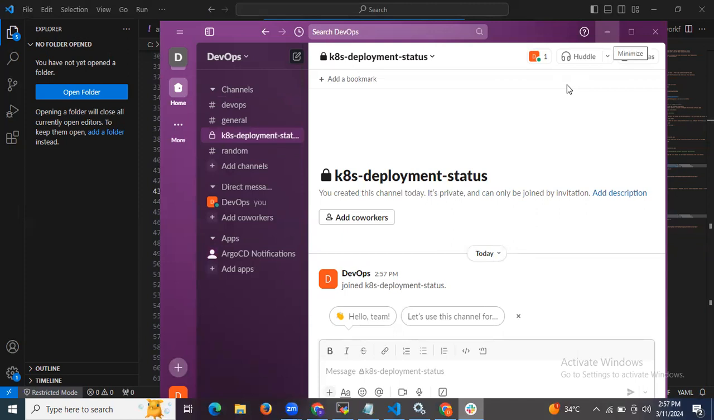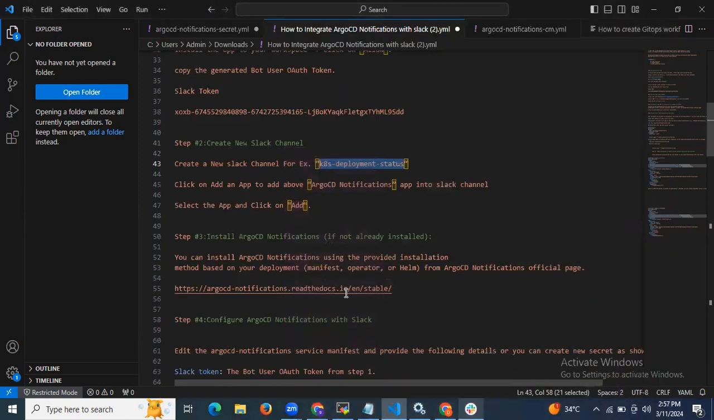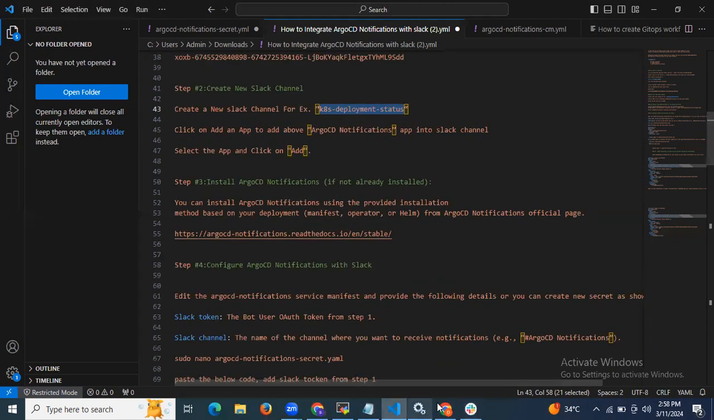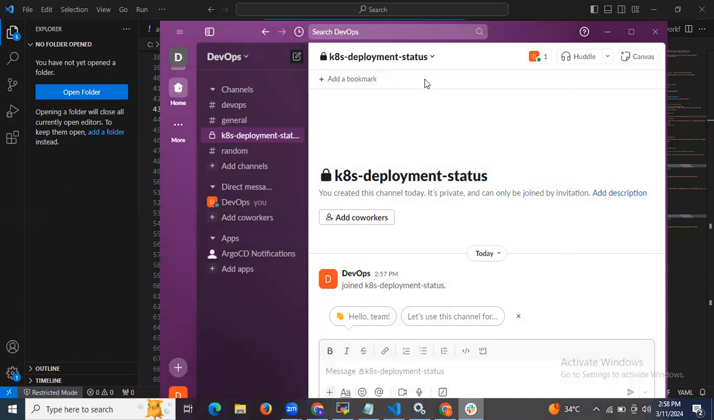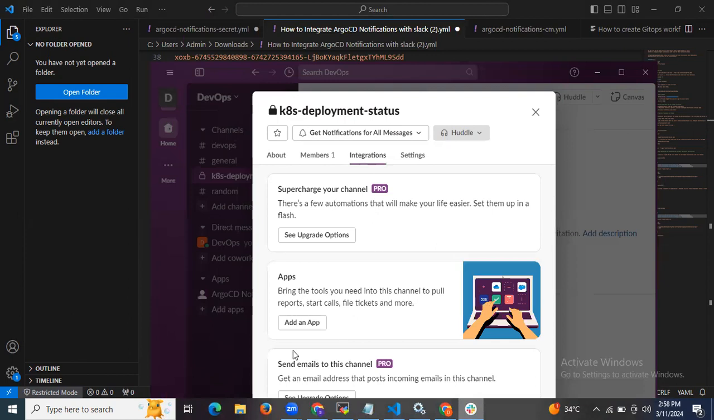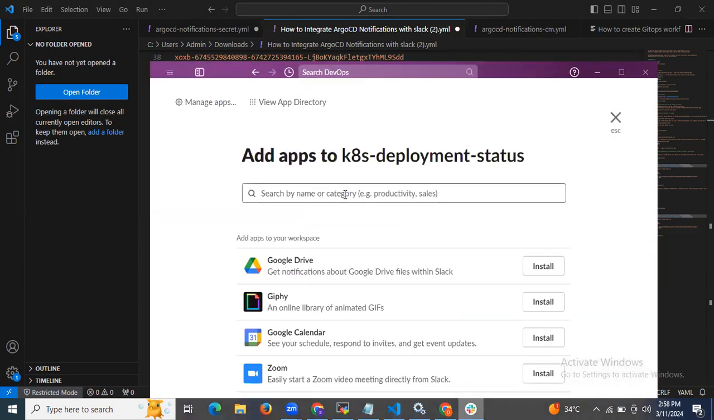Okay. After creating the channel, the next step is we need to add this app, that means add this ArgoCD notification app to our channel. So how to add? After creating any channel, we need to add our app into our channel. First of all, click on your channel and click on this arrow and go to the integrations and click on add an app. So here search your app name. So my app name is